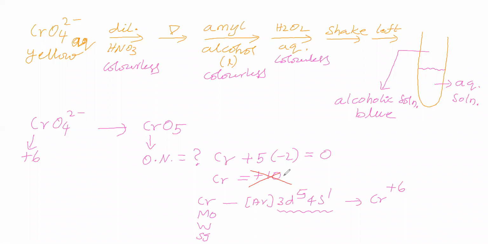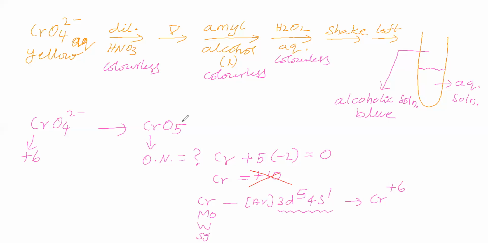Sir, that means here for oxygen we have given -2 oxidation number. This indicates this chromium cannot show +10, which means all the oxygens here cannot have -2 oxidation number. All the oxygen atoms in CrO5 do not have -2 oxidation number. That means oxygen is having some other oxidation number.